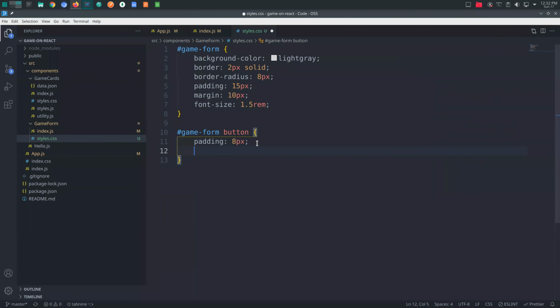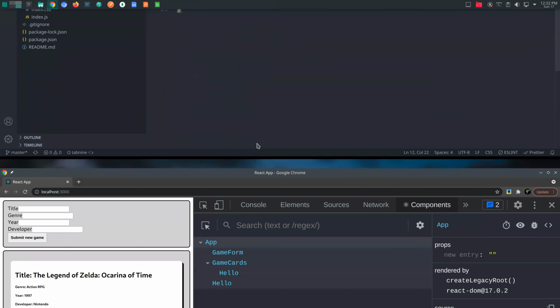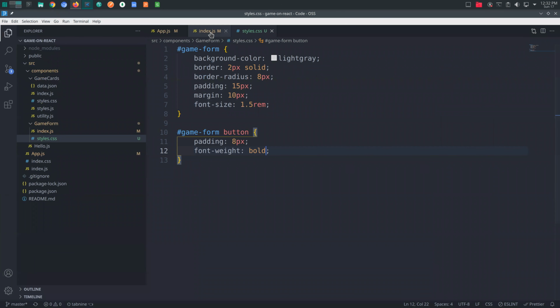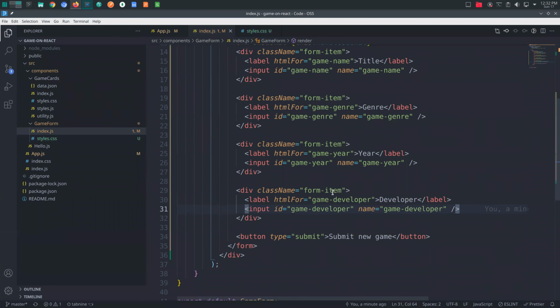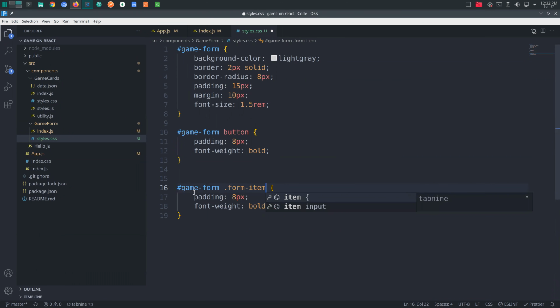And font weight, let's make it bold. So let's have it like this. And then we can have another here with the class item. We can have form items. Let's make it like we did yesterday. It's a good way to review